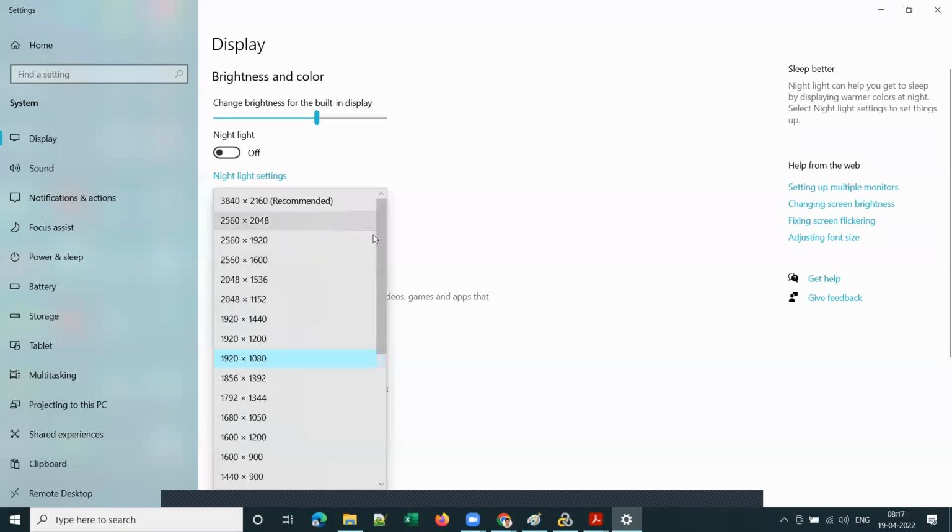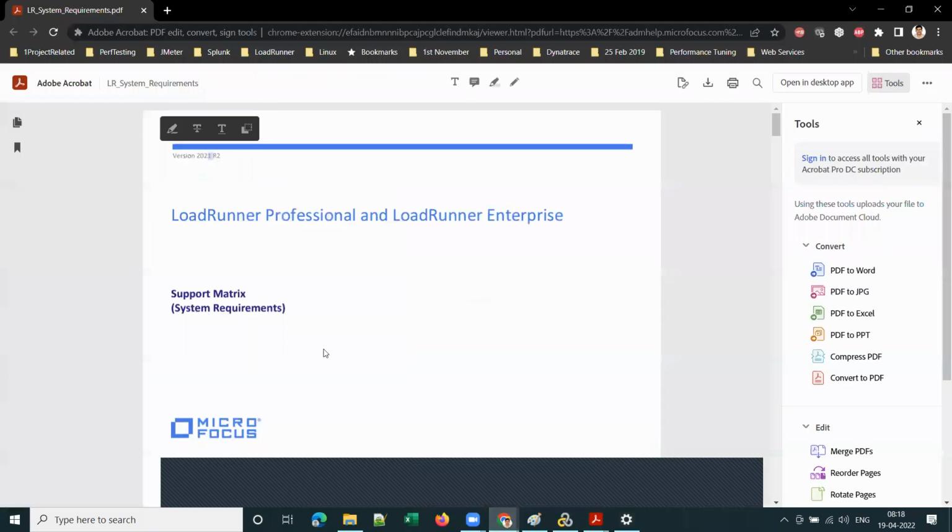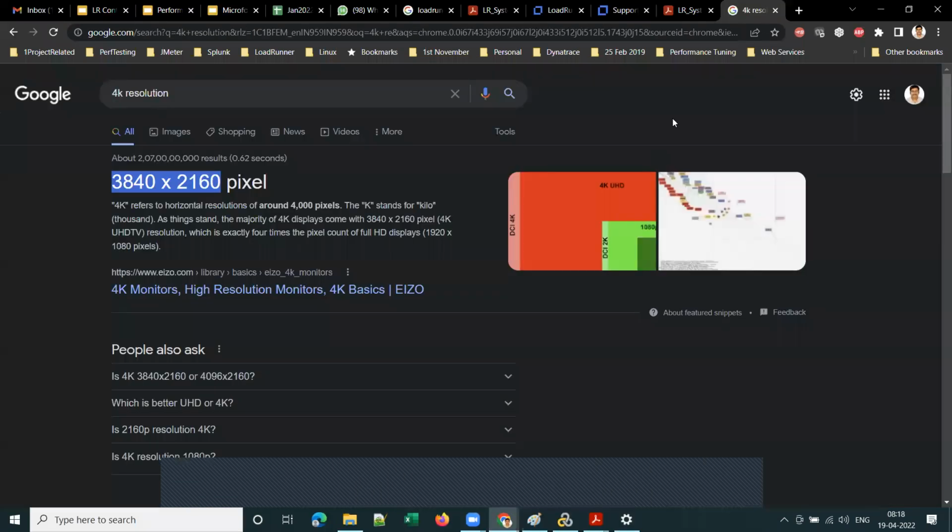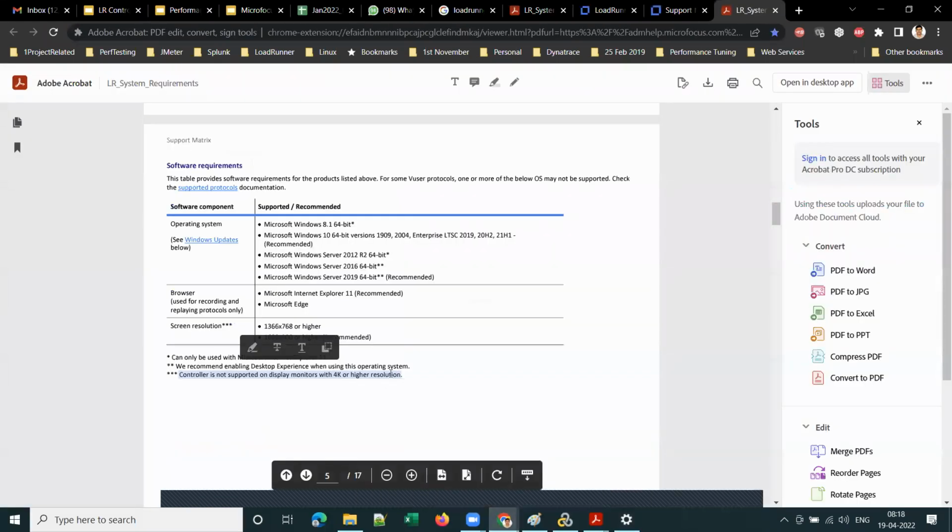And my monitor is a 4K resolution. See here, 3840 by 2160. This is the 4K resolution monitor that I have. I reduced it, and I am not using this one. You can see here, I am using 1920 by 1080 because Controller doesn't support this high resolution. Clear, guys? Now you understood the importance of going through the system requirement document,